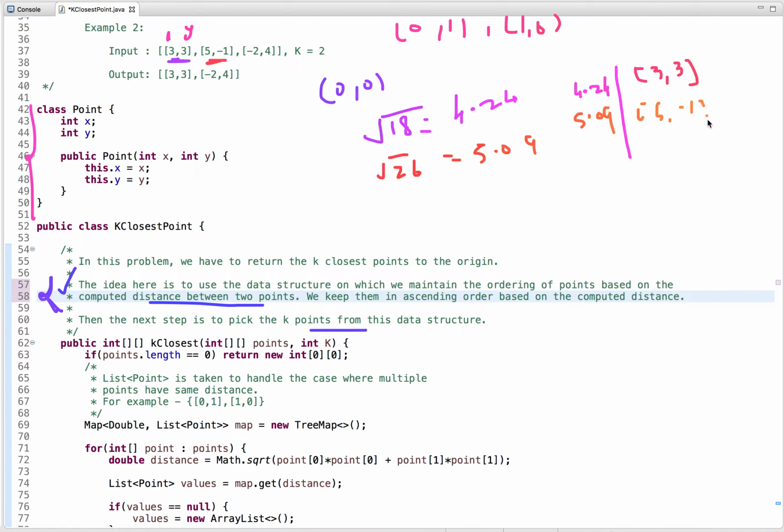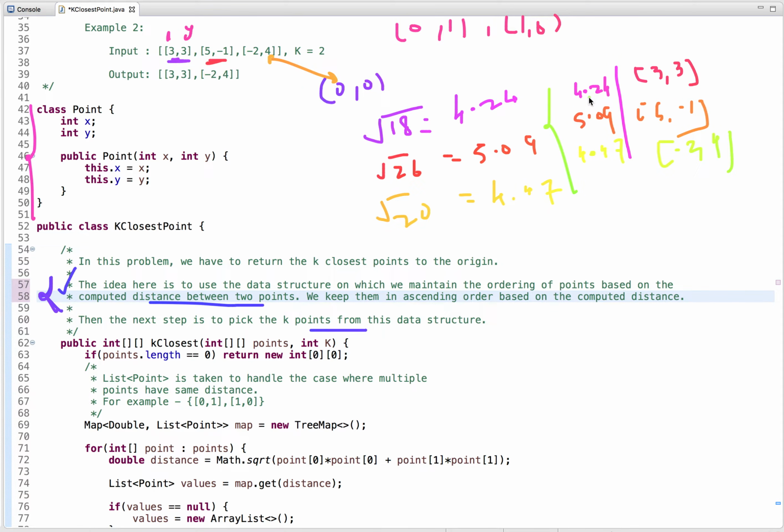And the third distance is, we have to calculate the distance between this point and this point, and it is square root of 20, which is 4.47. So we keep 4.47 and this point, 4 and minus 4.